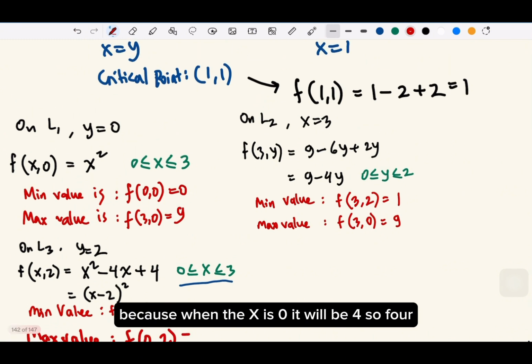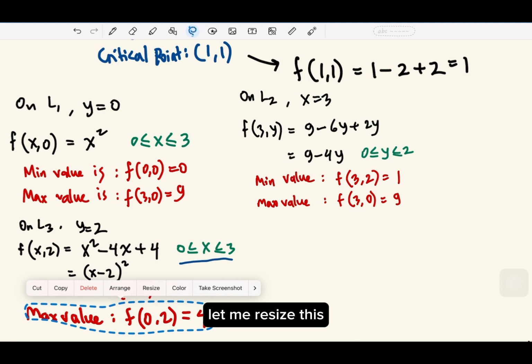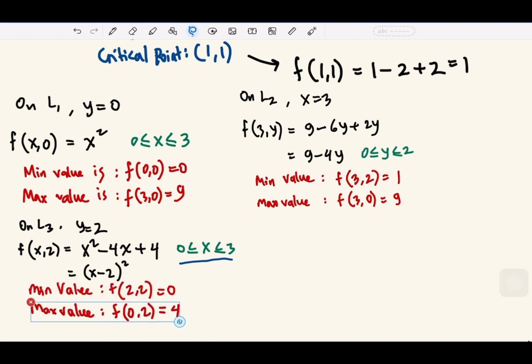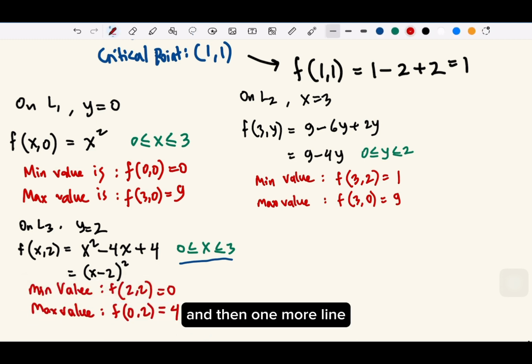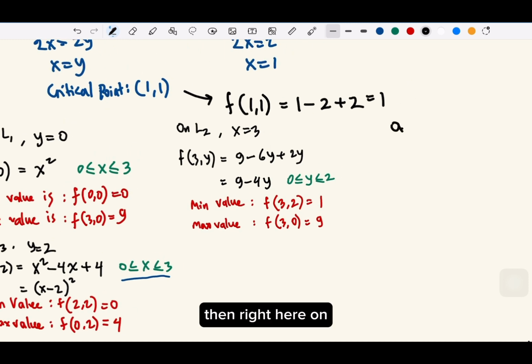So 4. Let me resize this. Okay, and then one more line. We write here on